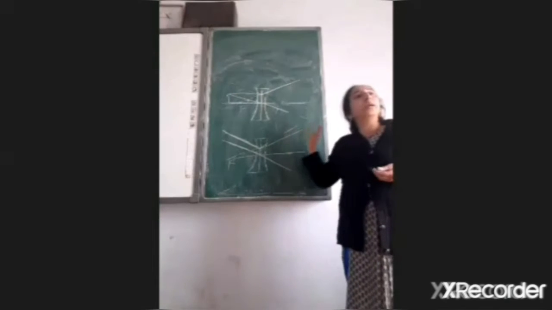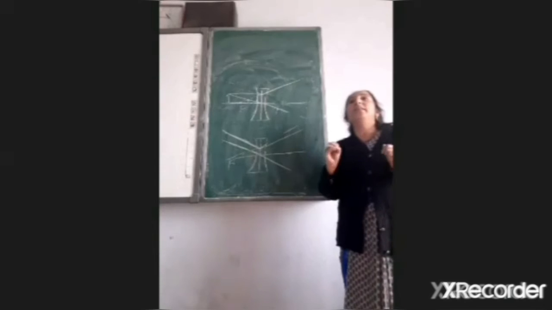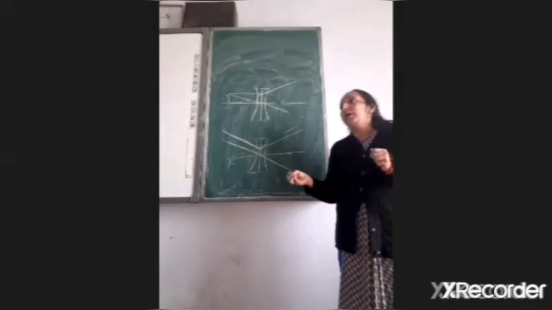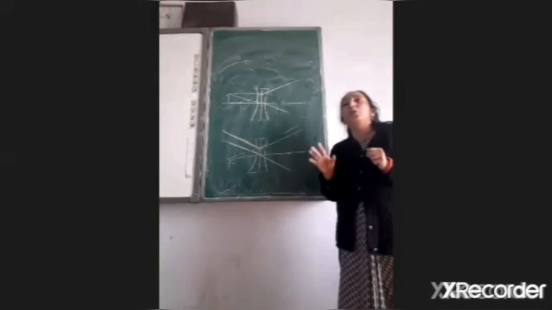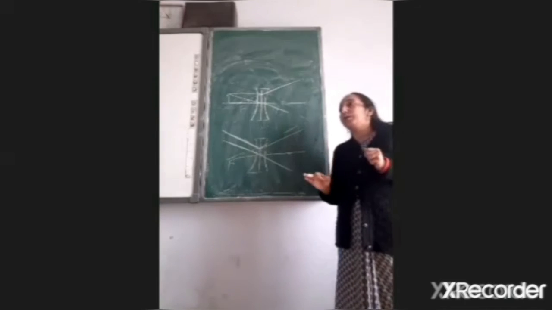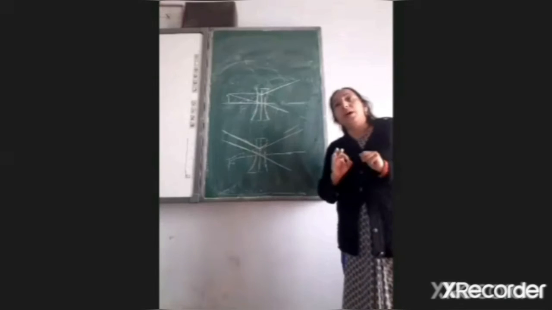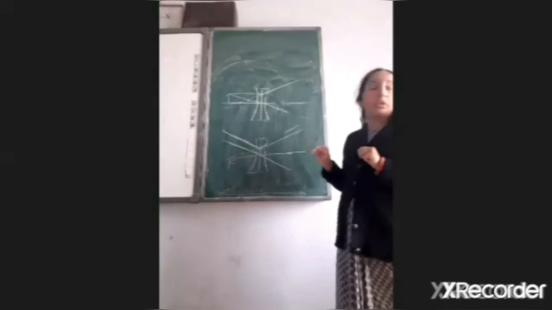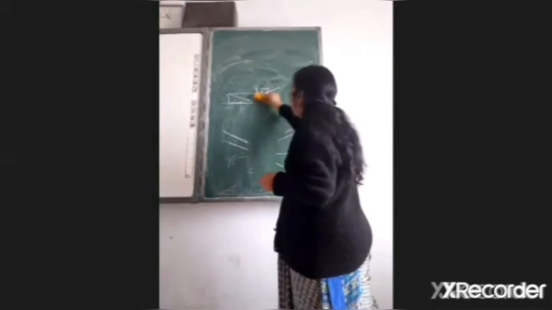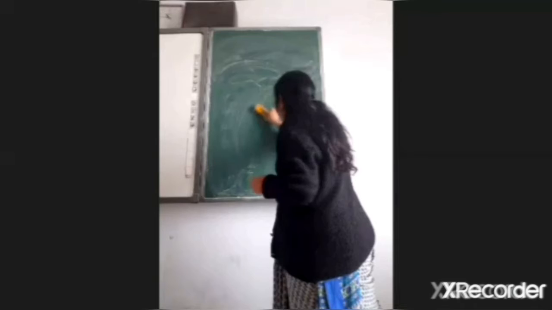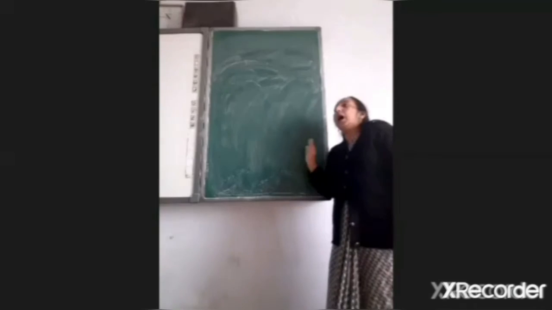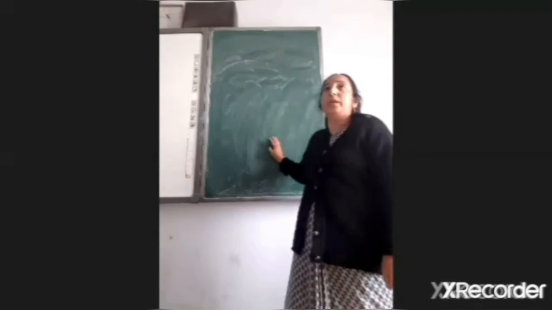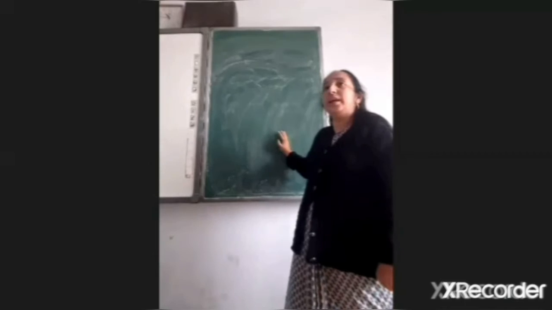So we have only two conditions for the parallel beam of light, either convex or concave lens. For both lenses, when a parallel beam of light falls on the lens, we will always get the image at the focus of the lens, whether it is convex or concave. Okay. Then, how can we distinguish between concave and convex lens without touching them?